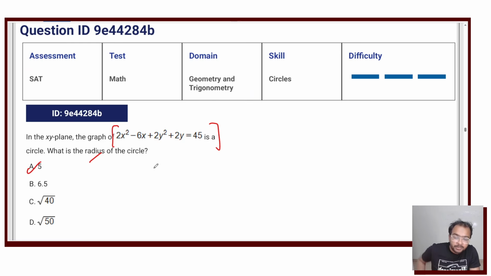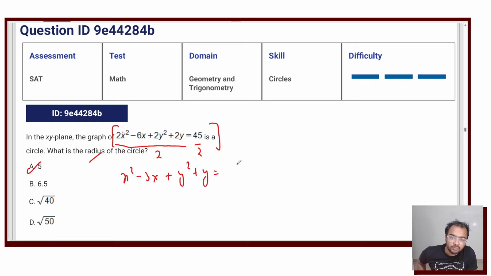If you want to use the algebraic method, we know that the Desmos method is easier. For that, you will have to first divide it by 2. The coefficients of x squared and y squared need to be 1. So it will be x squared minus 3x plus y squared plus y equals 45 divided by 2. The next step will be